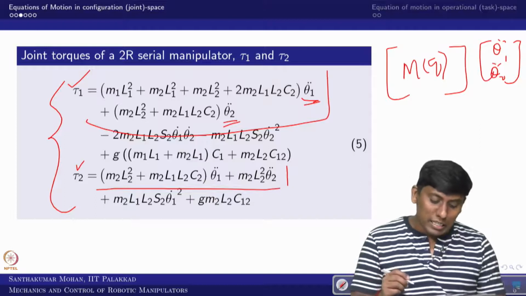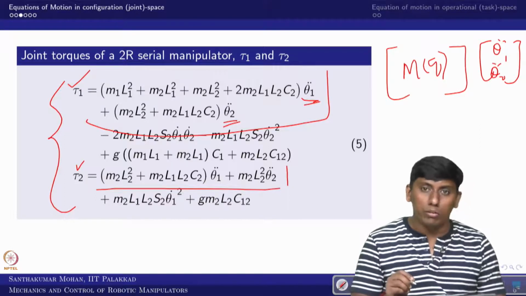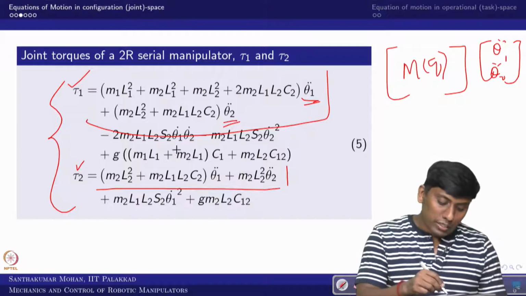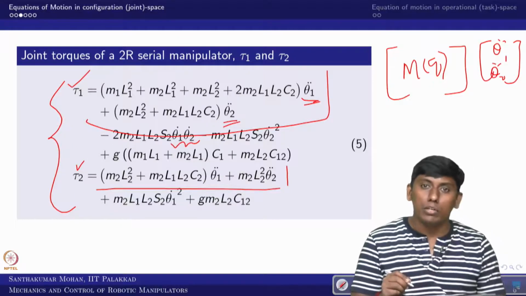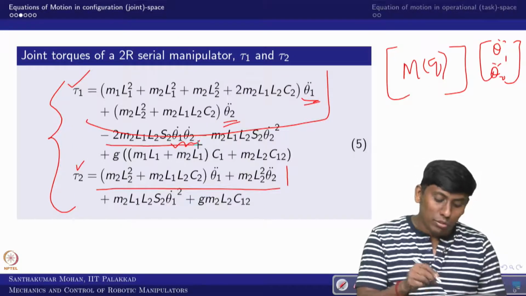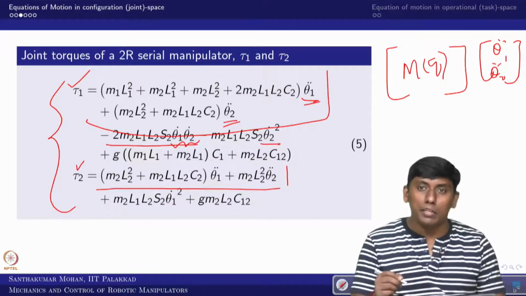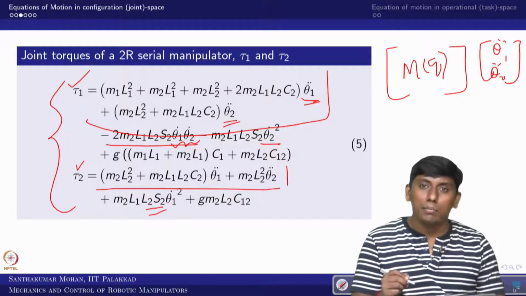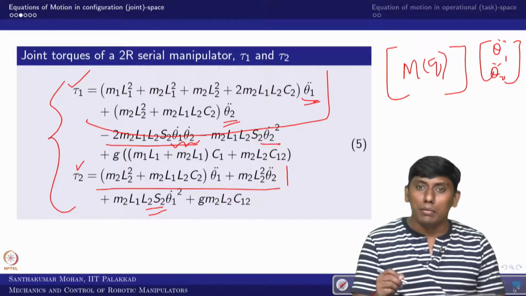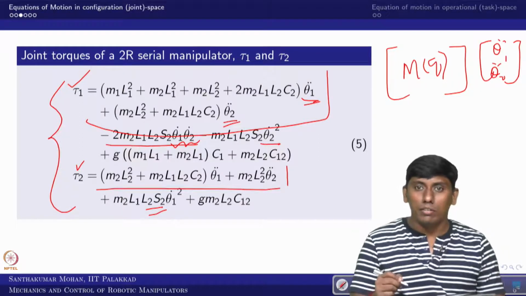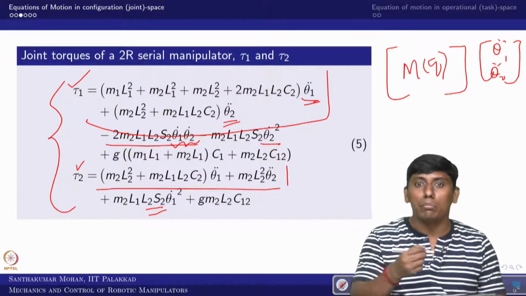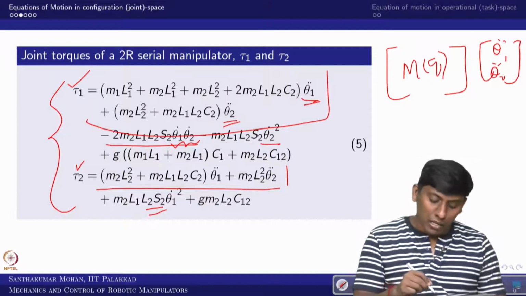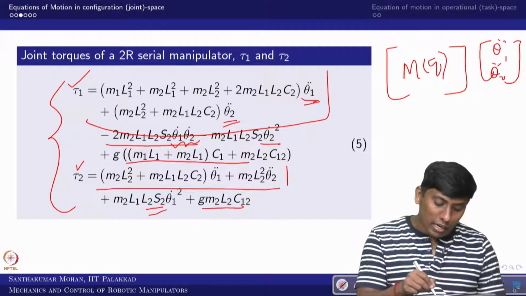Further, as I already told you, once you derive it you have to match the units. You can see this gives theta 1 dot and theta 2 dot, which is the Coriolis component, and theta 2 dot squared gives the centripetal component. The same way you can see here the centripetal term alone is there, because the second body is not getting the Coriolis effect. That is very clear because the second body is freely rotating, and the other term is the gravity term.